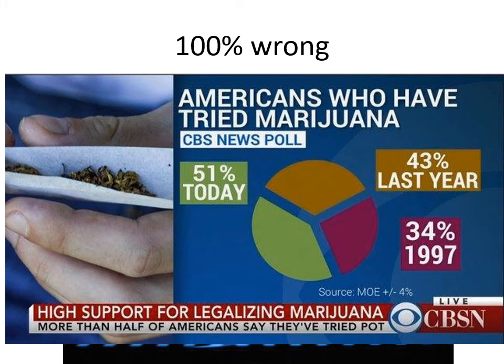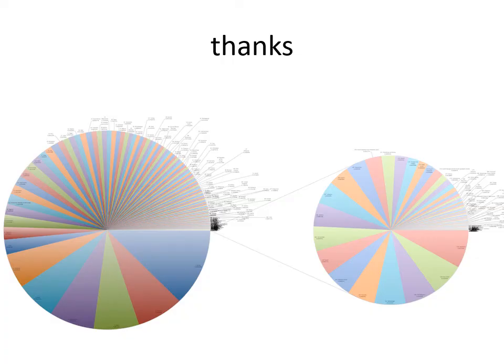All right, here's one about marijuana. Maybe you students know something about that. You can see that again we have a chart where, if we add 51 plus 43 plus 34, I think that's more than 100. Maybe the person that made this chart was using too much marijuana. All right, thank you for this pie chart. This pie chart is absolutely pointless because we cannot see anything and we cannot tell the relationship between any of these figures. So this is very, very pointless.